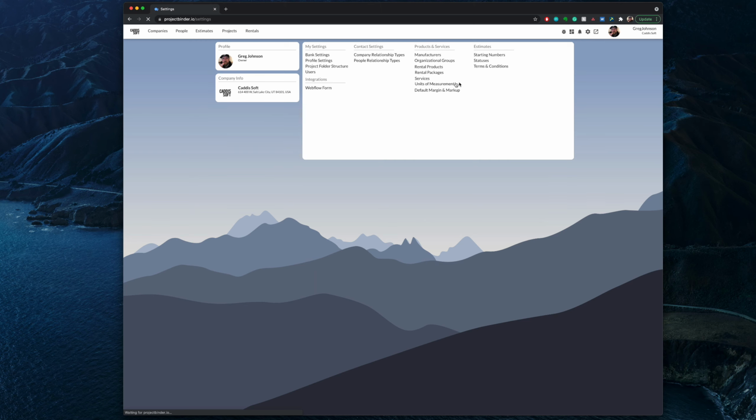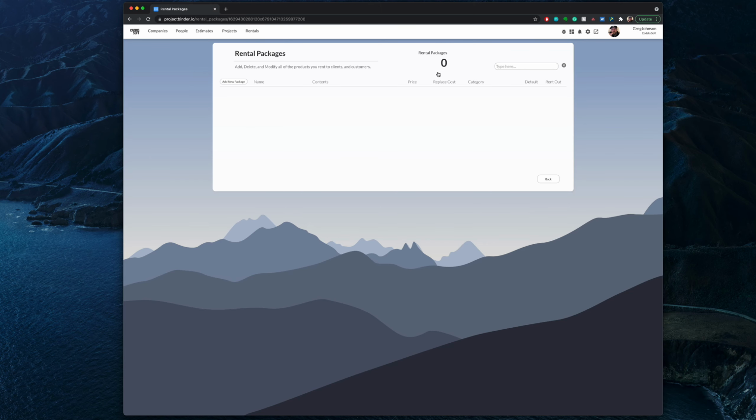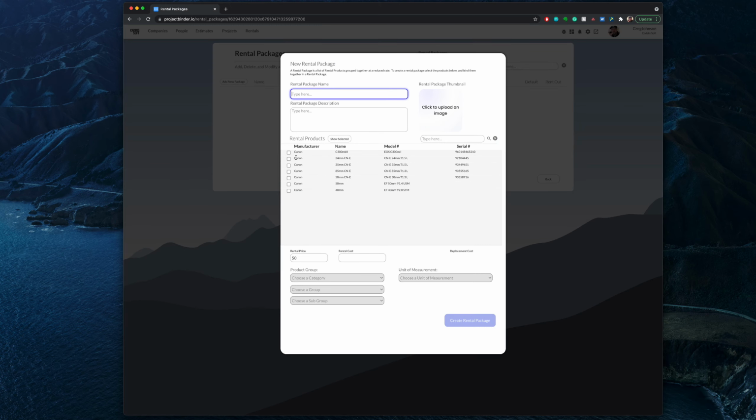Rental packages is a way to select a bunch of equipment and put it into a package that you might offer for a cheaper price than if you were to rent them individually. For instance, there is the CNE kit where there's all these different lenses, right? So let's just say we're going to take the 24, the 35, the 50, and the 85, and we're going to bind these into a